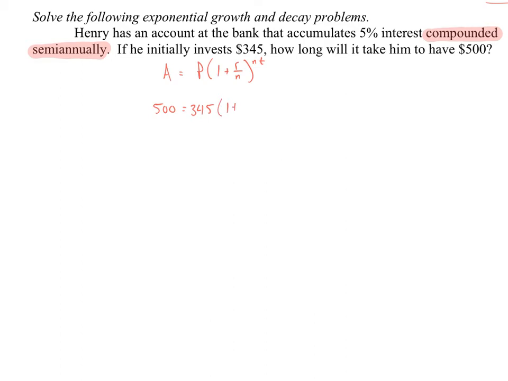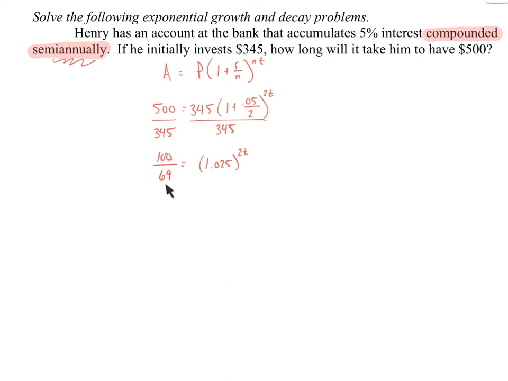Our rate is 5% or 0.05, and we're compounding semi-annually, which means we're dividing that rate by 2. And that means we're multiplying our time by 2 as well. At this point, we're just solving a regular old equation, and the first step is pretty easy for us. All we have to do is divide both sides by 345. And here you can see that I've divided both sides by 345 and also taken the liberty of reducing this fraction. The reason I didn't evaluate it is because I would have to round because I would get a repeating